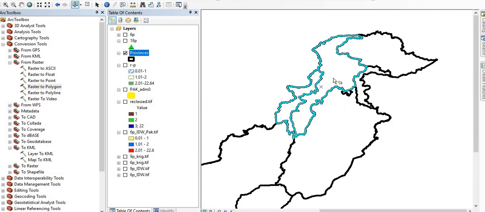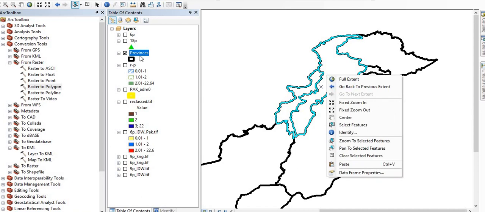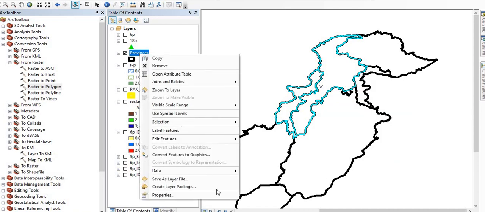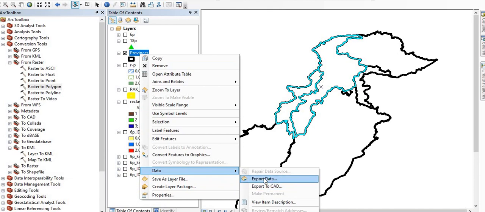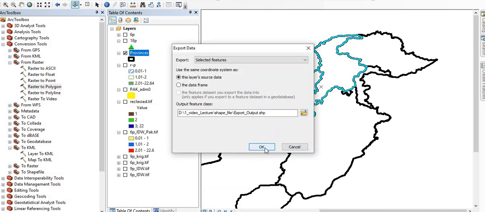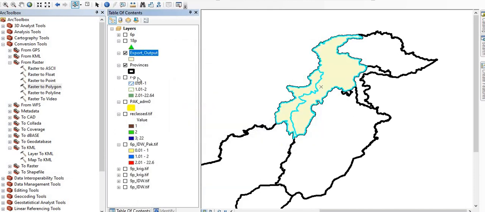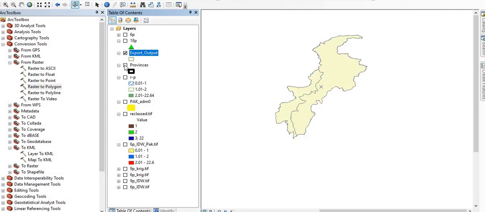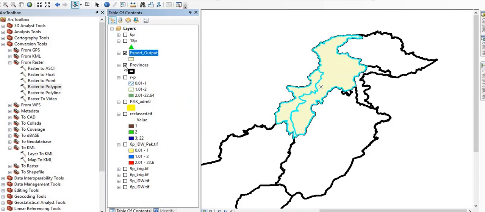You can select by pressing the shift button. So this is our FATA. You have to select here, click here. If you want to unselect all, just click this one and then press shift and click this one. This is KP and this is FATA. Then you can merge these two files. You have to go to data and export data. These two shape files will be merged. Yes, and these two files are separated.